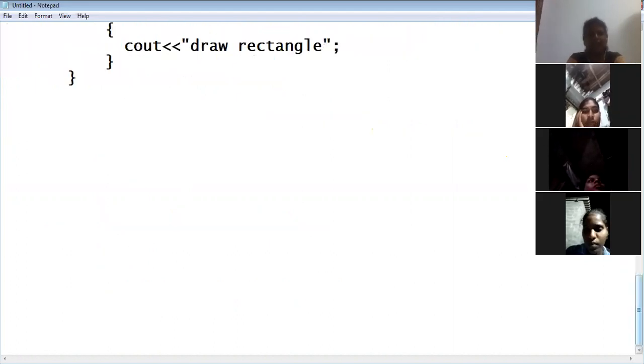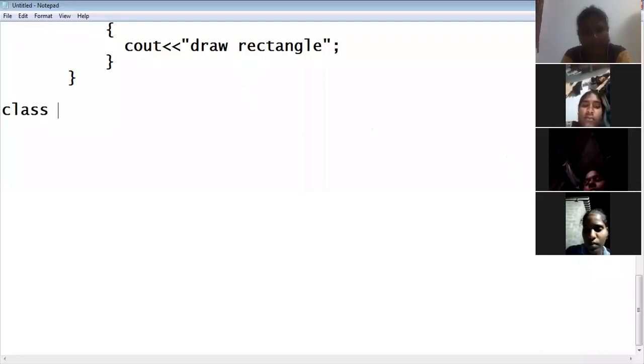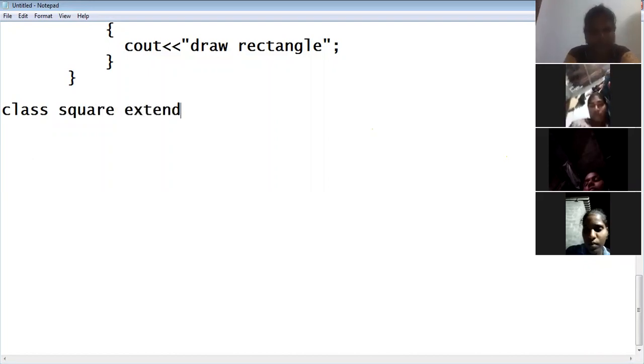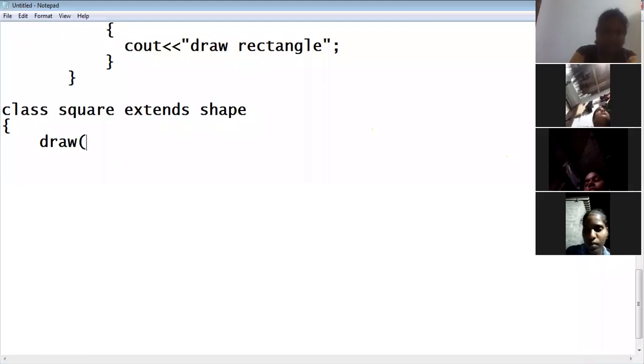One more class you can create. Suppose you want to draw a square, then we write class Square. But which class does Square extend? Shape only. And here also we can write the draw method. So every subclass has the draw method, but with different implementations.